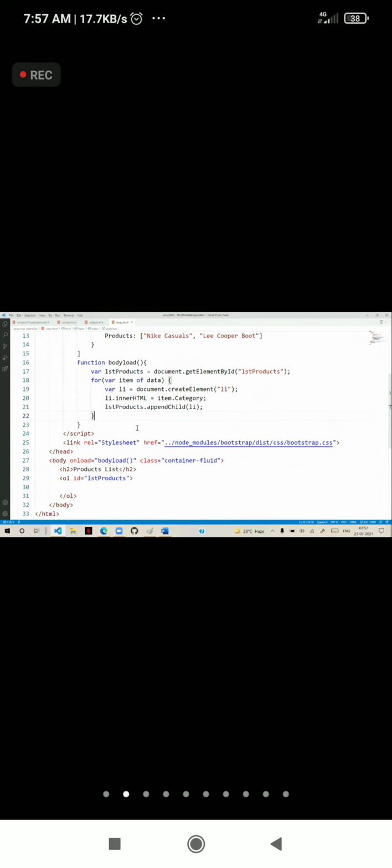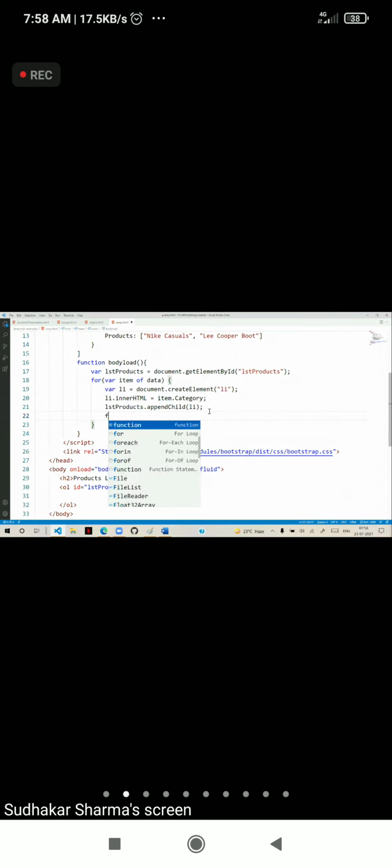Now you are presenting only item.category, but item has one more array called products. item.products is again an array. Then we have to create another loop here, an iterator inside another iterator. For var, I cannot give item again because it is already given there. For var product of item.products, that is the array.